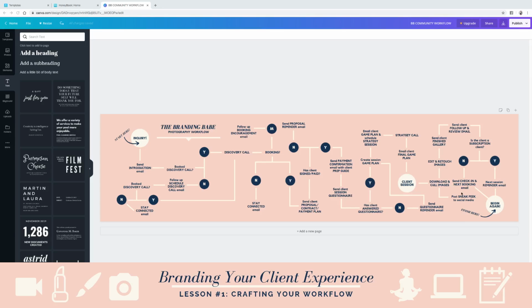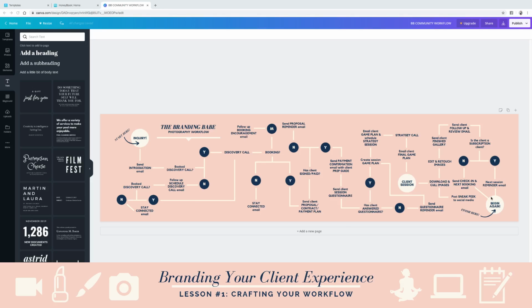So that's my workflow. It's pretty lengthy. It's very specific to branding photography, but I wanted to walk you through it just so you understand how you can actually pre-plan everything for your sessions as well, whether you're a photographer, whether you're a yoga teacher and you sell packages to students, whether you're a makeup artist or you're a wedding vendor,